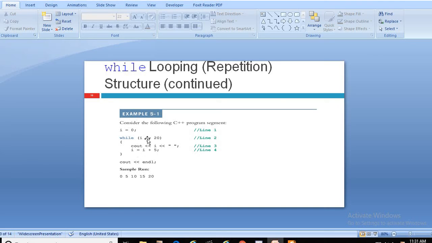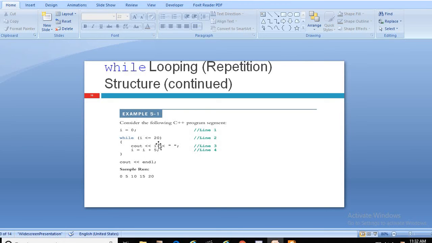So 5 is again less than or equal to 20, and this expression condition is true. So 5 will be printed, then a space. Again 5 plus 5 becomes 10, the modified value of I. So again 10 is less than or equal to 20.